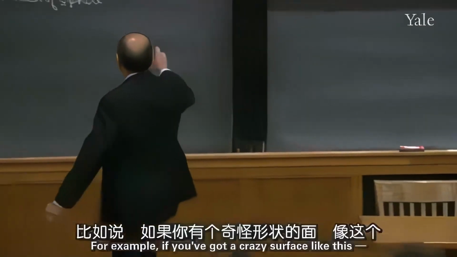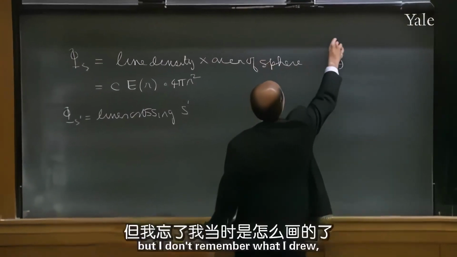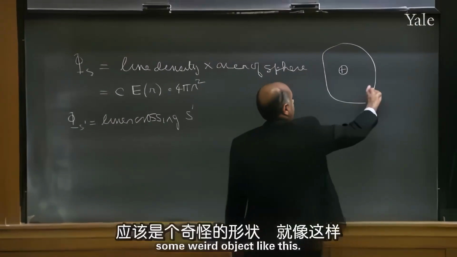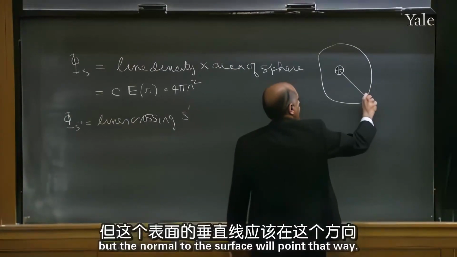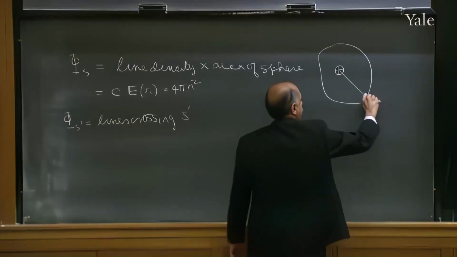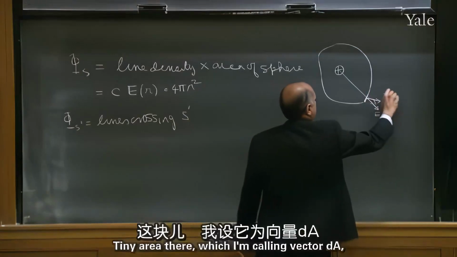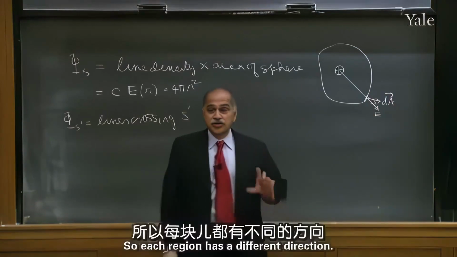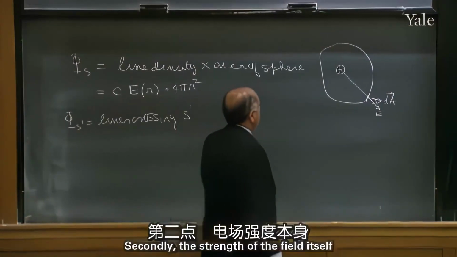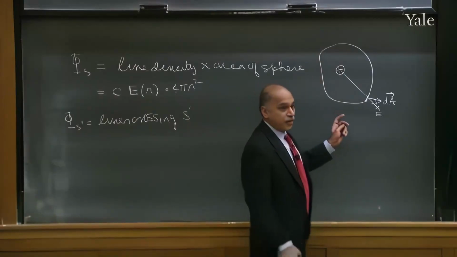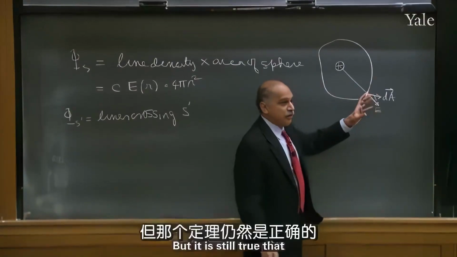For example, if you got a crazy surface like this, I'll try to replicate that surface, but I don't remember what I drew, some weird object like this, then the electric field points this way, but the normal to the surface will point that way. See, E points that way, tiny area there, which I'm calling vector dA, points in a different direction. So each region has a different direction. Secondly, the strength of the field itself is varying on the surface. Unlike on a sphere where everything is at the same distance r, some are further, some are closer. But it is still true